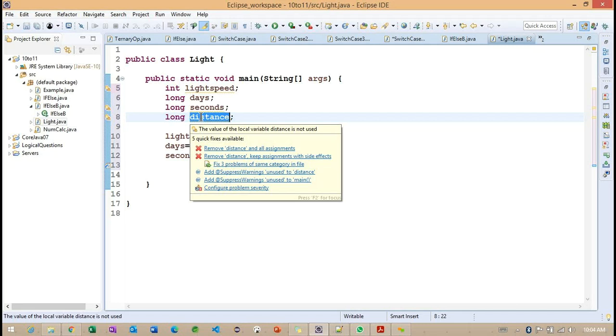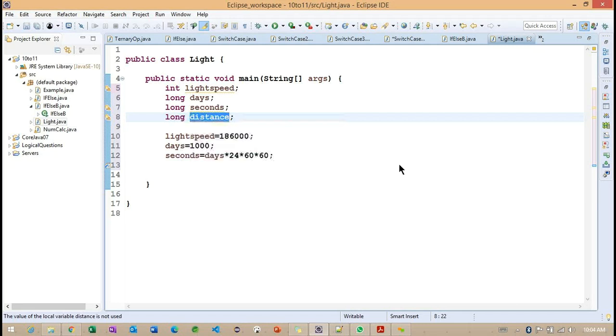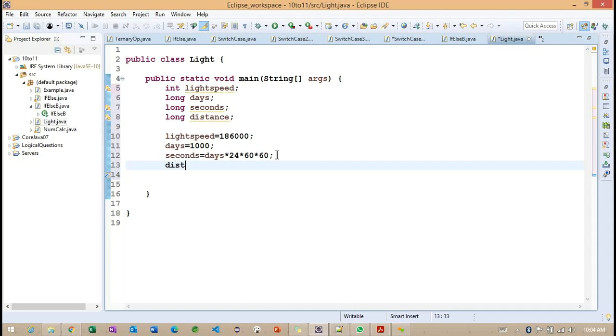So to find out the distance, what is the logic we are going to work on? We need to work on that to make the distance information. The simple one here: distance is equal to whatever output we are going to get, which I'm initializing into the distance. And here, if we observe, first is light speed into seconds. Whenever we multiply light speed with seconds, we are going to get a distance. Getting the point.